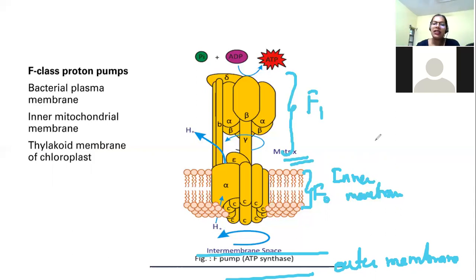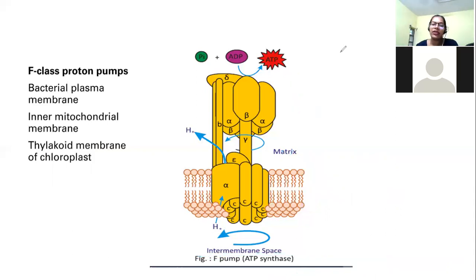Okay, now see the amount of the subunits present over here. Can you see over here? So we have got alpha, beta, trimer over here. So alpha, beta, alpha, beta, alpha, beta we have got. So it is kept in alternate arrangement of this alpha, beta. Then you have got the delta and this B and alpha. So what you have to understand over here is that it is like a motor.